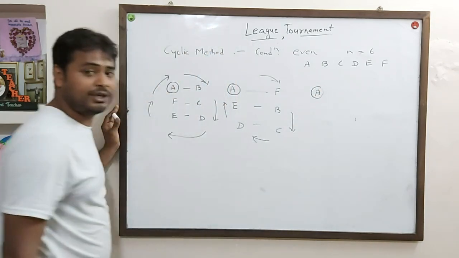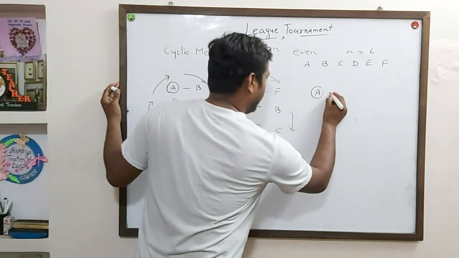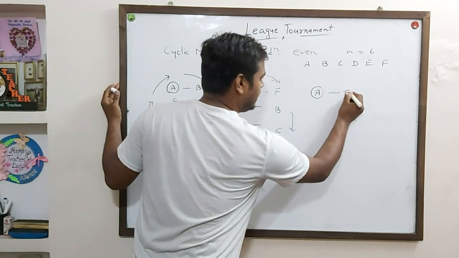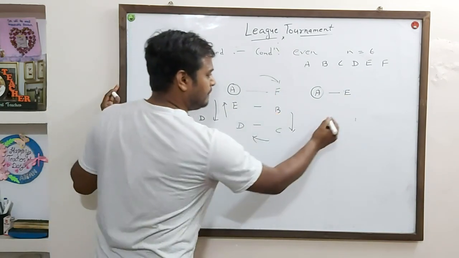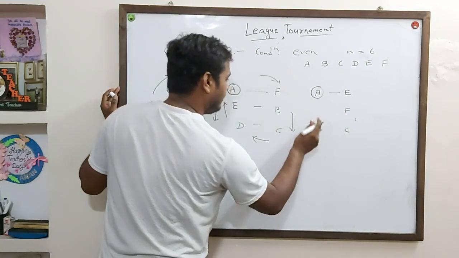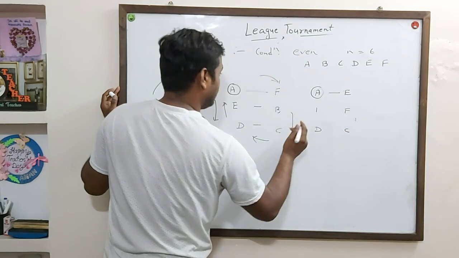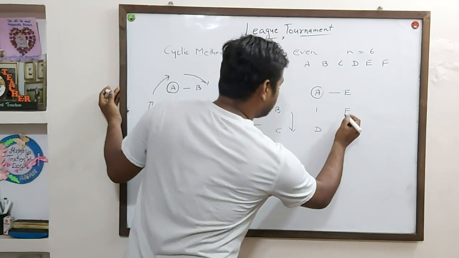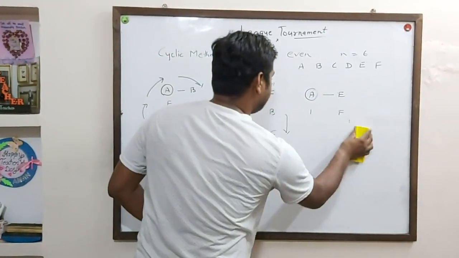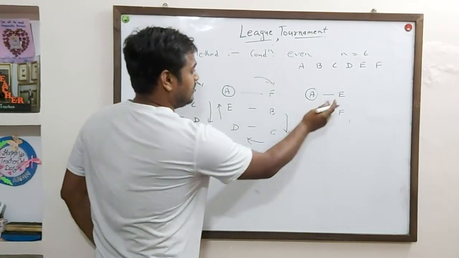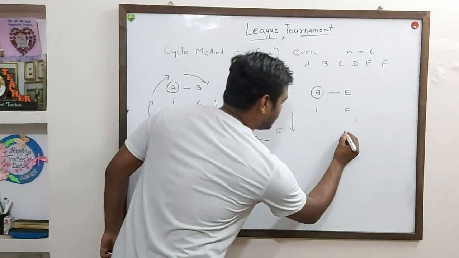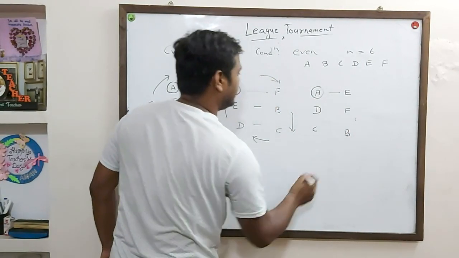Again it will turn in this manner, and as I told, A's position will be fixed, so we will not change the position of A. Now in the next step, in place of F, which team will come? E will come, and F will take the position of B. Sorry, one mistake is here. I am missing team B. As you can see, E will take the position of F, F will take the position of B, and B will take the position of C. So B will come this side, then C, and then E.